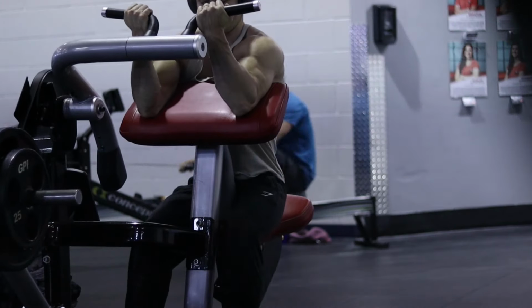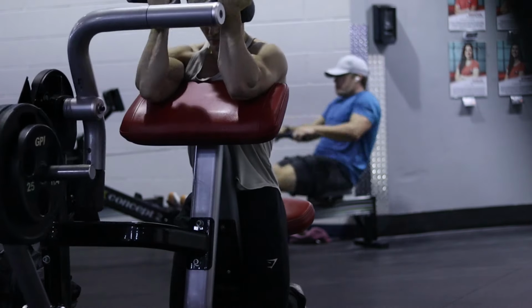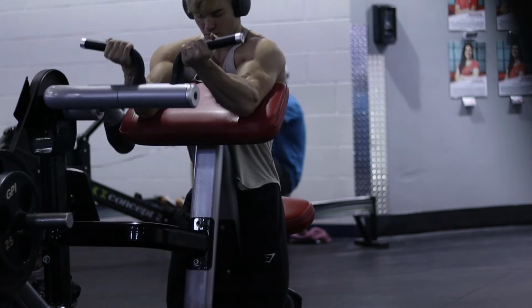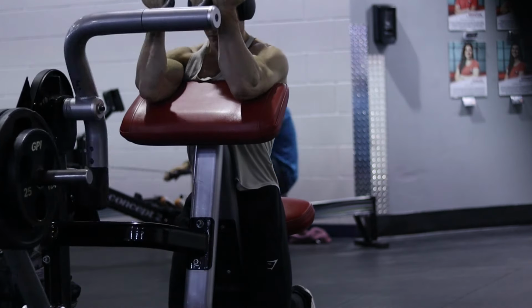Now we're moving on to biceps. I'm using one of my new favorite bicep exercises here, bicep machines, and this is a machine preacher curl. It's plate loaded, and the reason why I like this so much is because I feel all of the tension